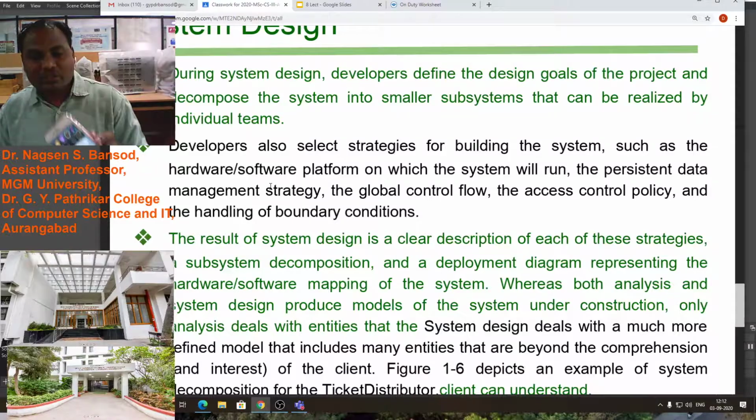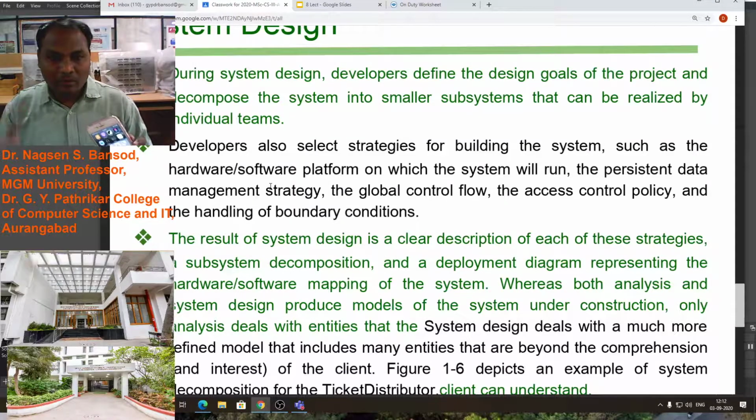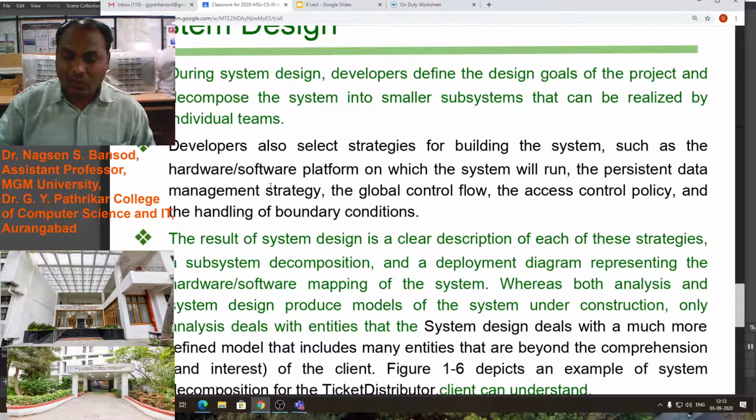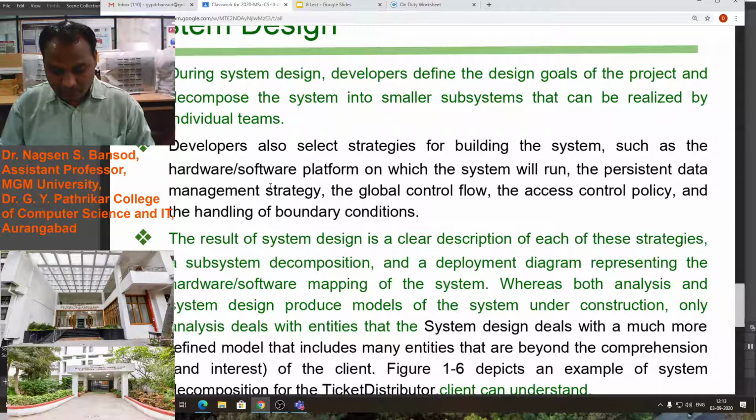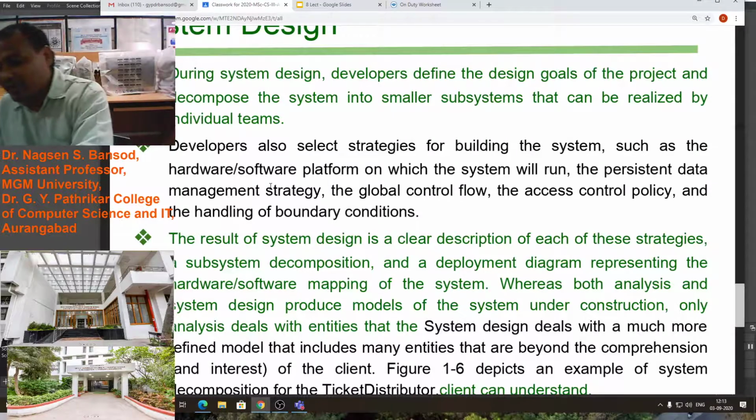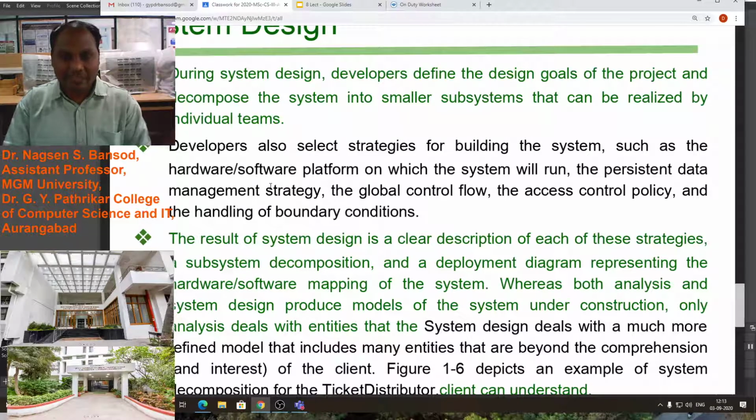Similarly, we have to study the whole project of the client. What is the status? What is the environment at the client side? And accordingly, we have to select the project requirements, software as well as hardware.